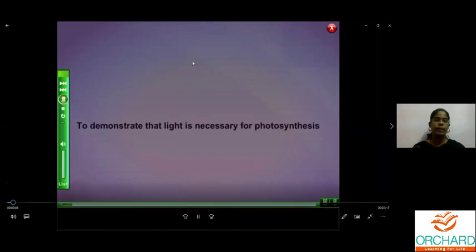To demonstrate that light is necessary for photosynthesis. Requirements: potted plant, petri dish, boiling tube, alcohol 70%, iodine solution, Bunsen burner, forceps, beaker, water, dropper, black paper. Procedure: